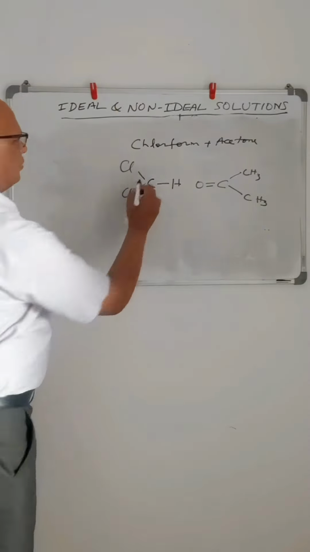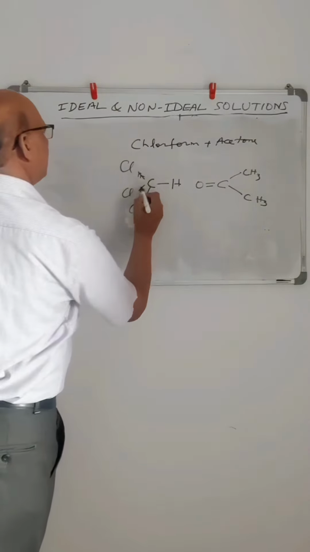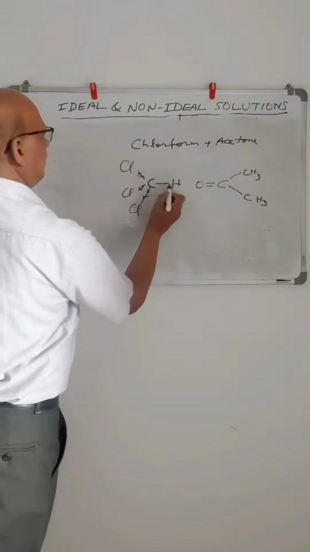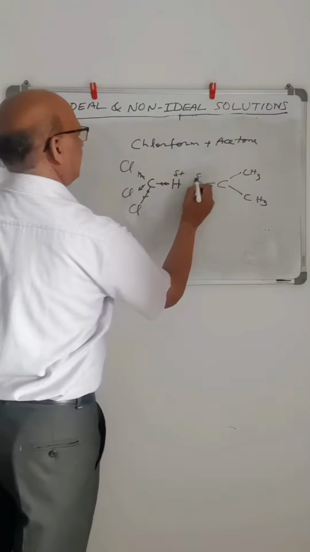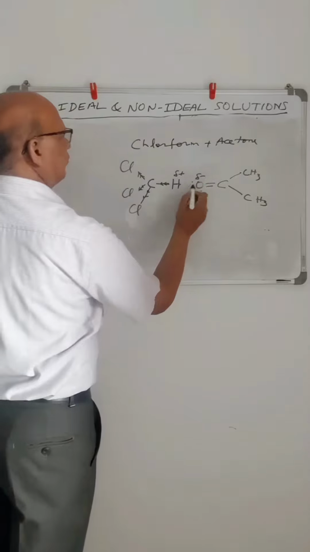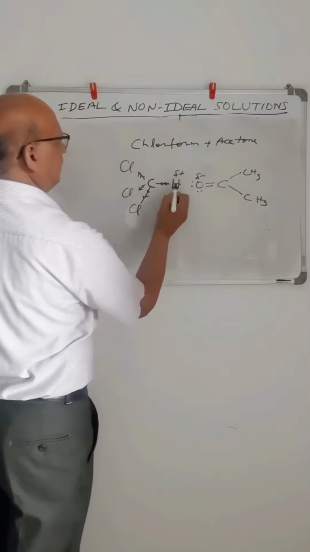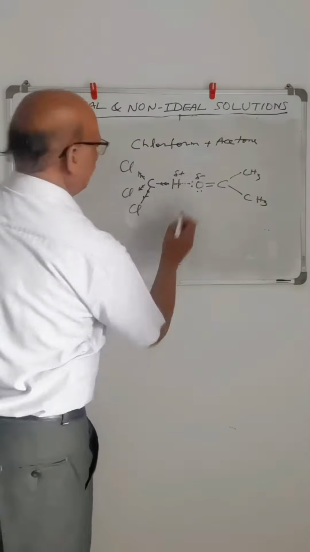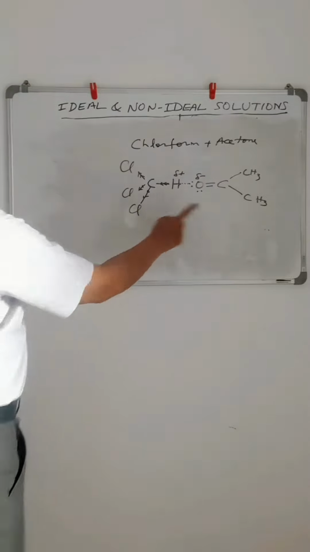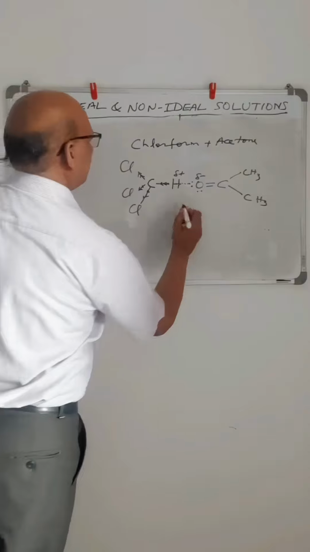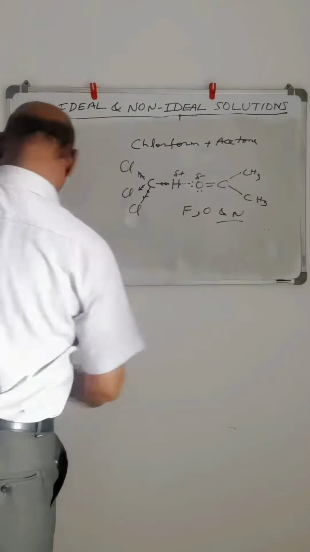Okay. Now this chlorine, being more electronegative, will pull the electrons from carbon, and this carbon will pull the electrons from this hydrogen. So ultimately this hydrogen will have delta plus, and this oxygen is delta minus, and it also has the lone pairs. Okay, so this hydrogen, which is electron deficient, will make hydrogen bonding with this oxygen because it has two lone pairs. So that is how this hydrogen bonding occurs between chloroform and acetone, even though the carbon is not connected with any of fluorine, oxygen and nitrogen. Okay, so this is a special example.